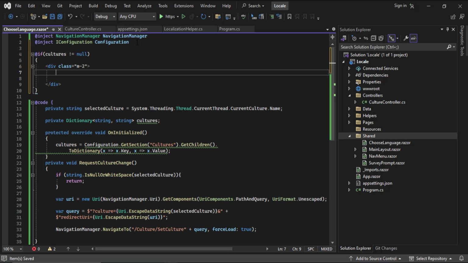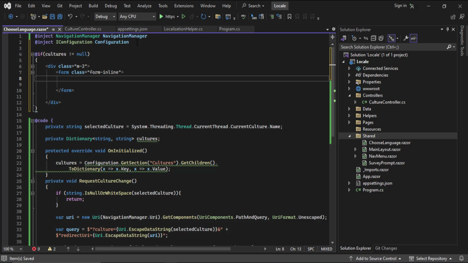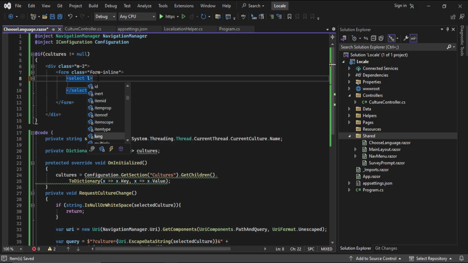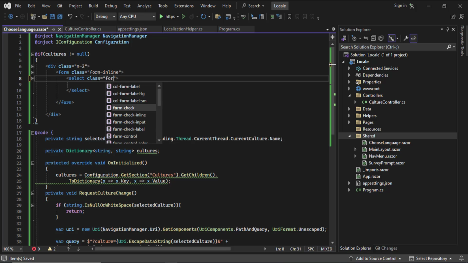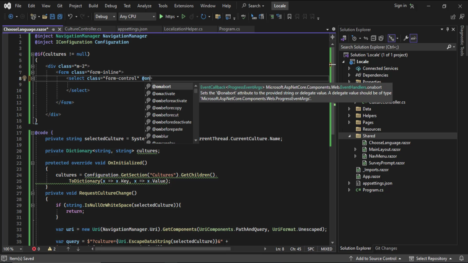I'm going to add a form, and this form will have a class of form-inline, and I'm going to add a select, and after adding this select, I'm going to give it a class, and the class that it will have will be form-control. Okay, and we have to add the onchange,